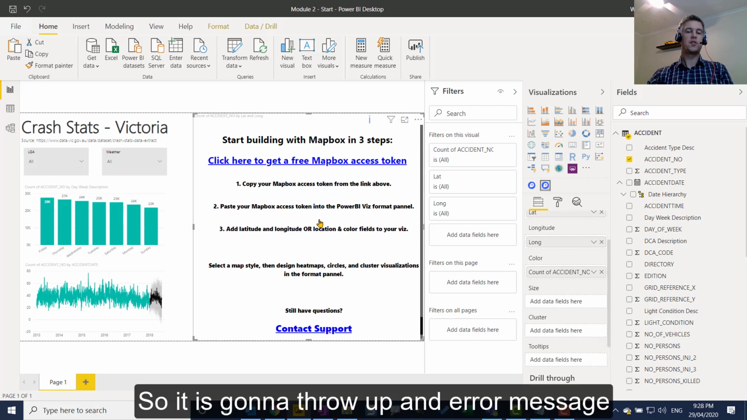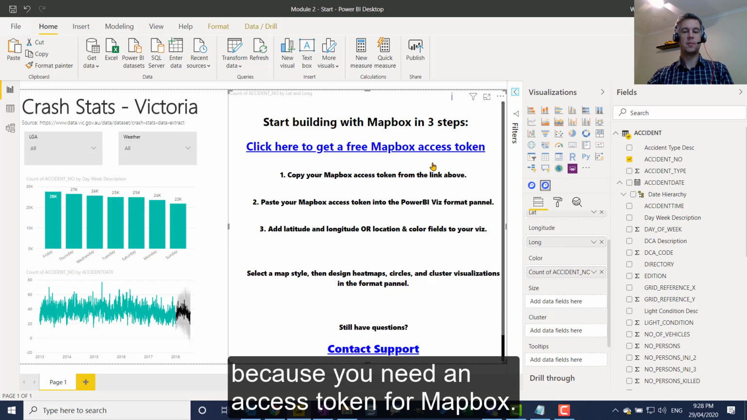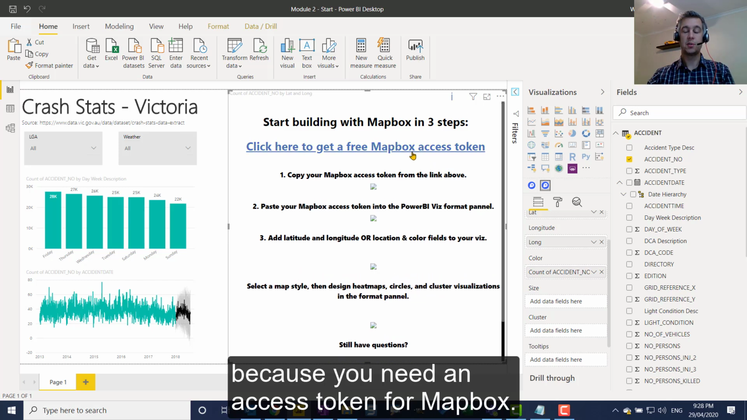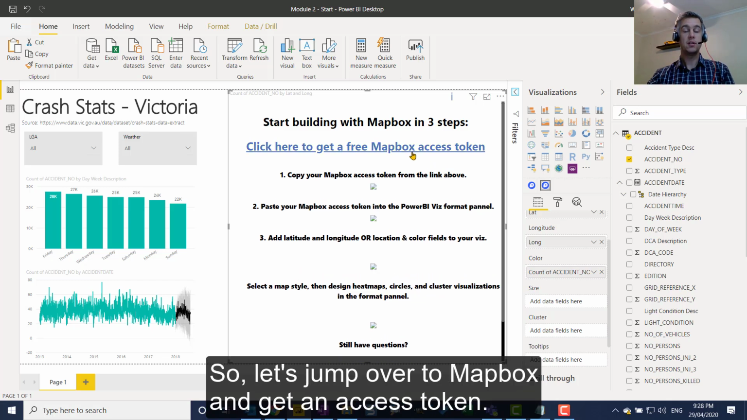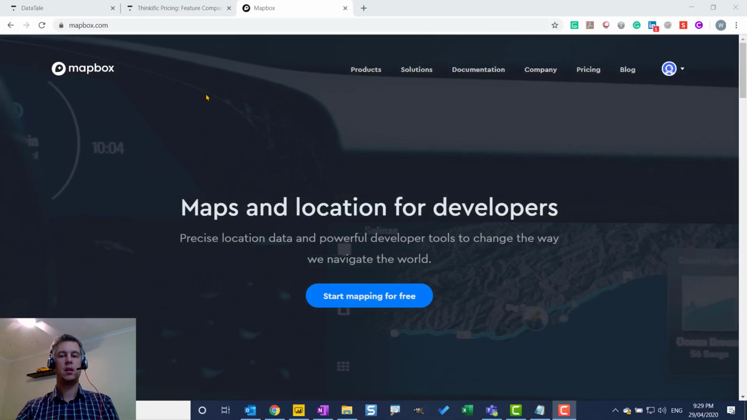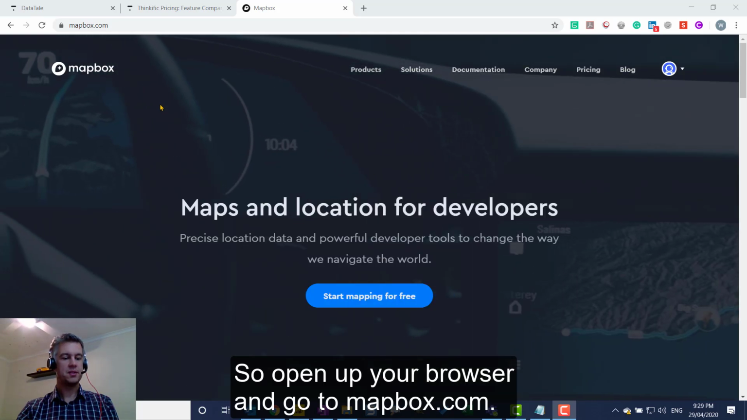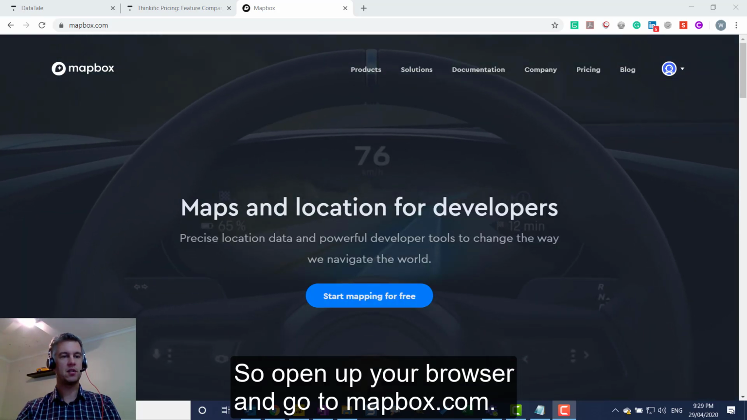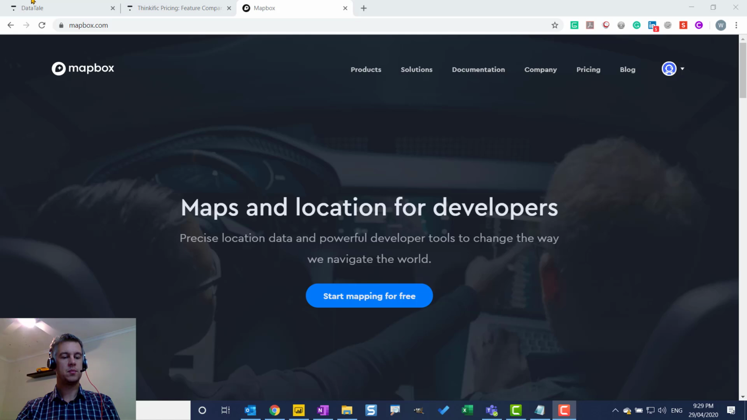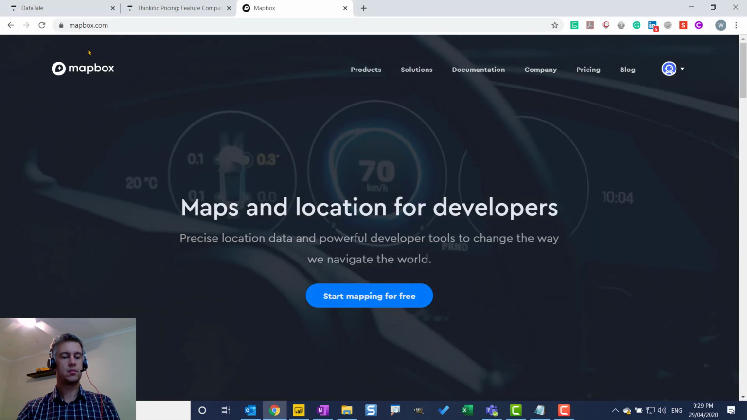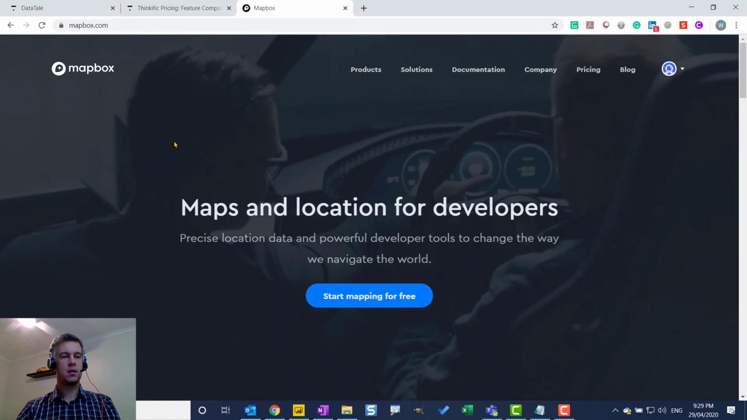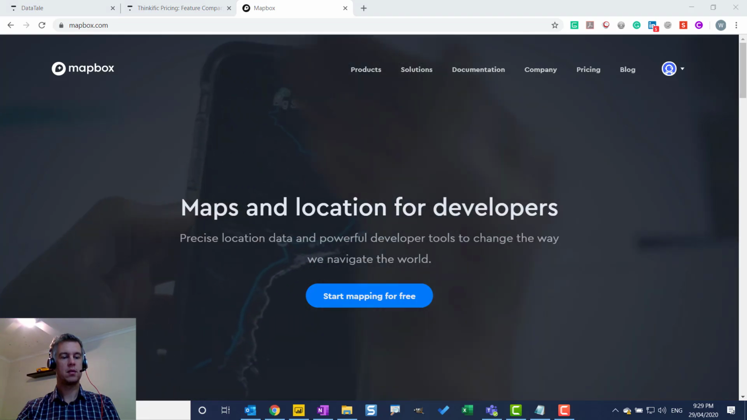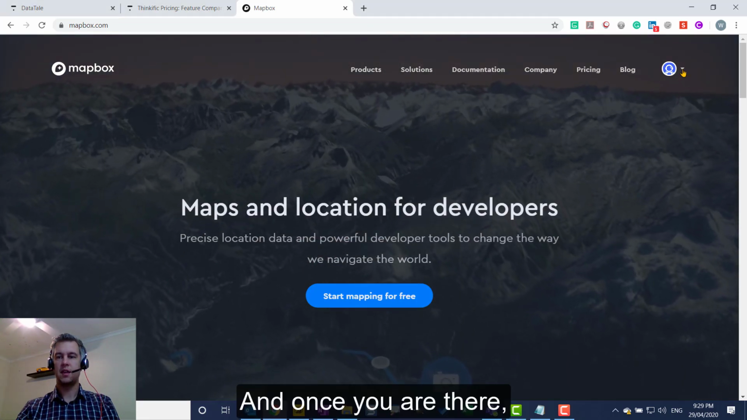So it is going to throw up an error message because you need an access token for Mapbox. So let's jump over to Mapbox and get an access token. So open up your browser and go to mapbox.com. And once you are there,